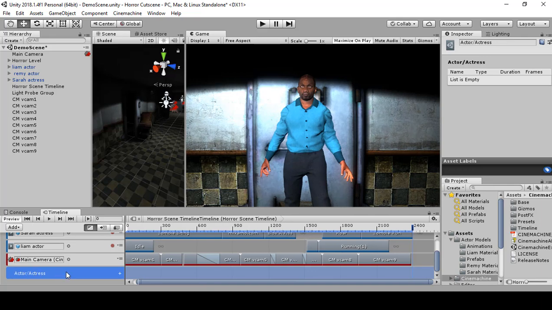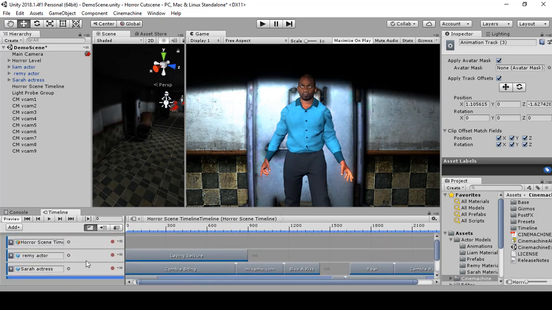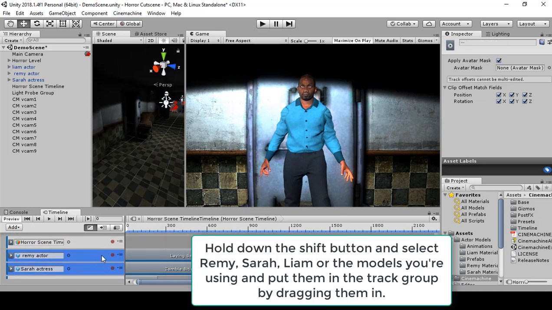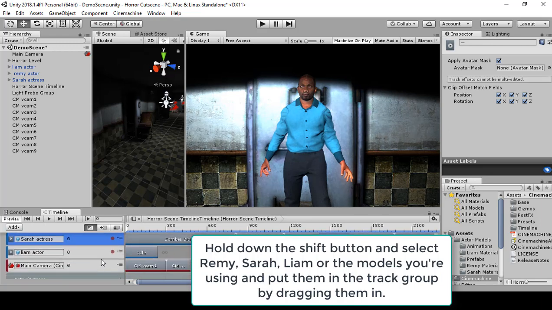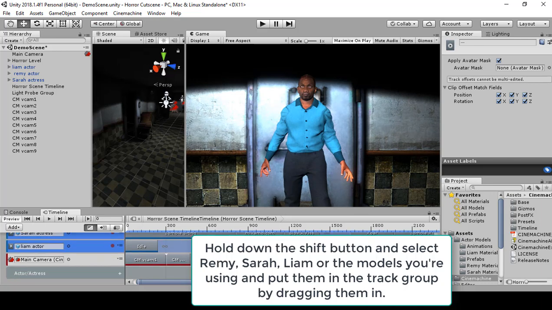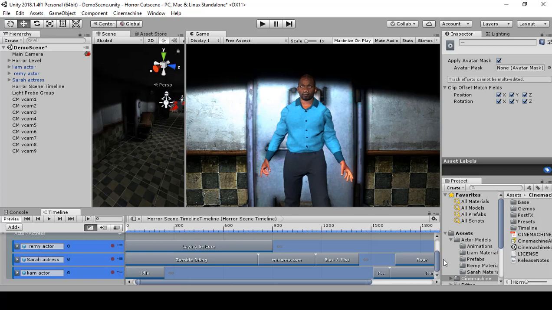All right, and then just drag our celebrities that we created and hired for free into our actors and actress, or however you want to name the track group,